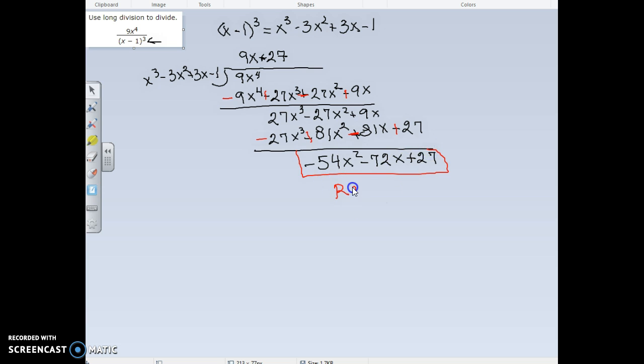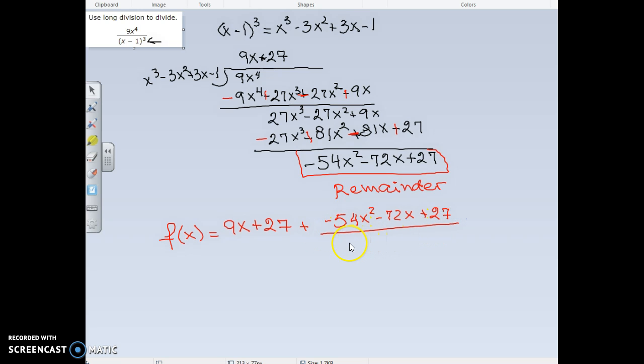This right here is my remainder. Okay, this is the full answer, and this is my remainder part. Now, how are you going to write that out into your solution into WebAssign? You can say that f of x is equal to the full part of your answer, 9x plus 27, and then we have to add the remainder plus negative 54x squared minus 72x plus 27